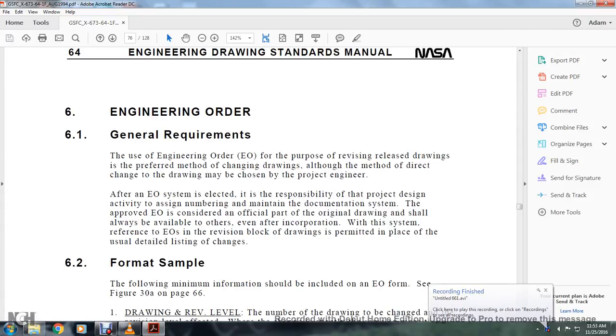Alright, Engineering Order, Chapter 6, Engineering Drawing Standard Manual, NASA. 6, Engineering Order. 6.1, General Requirement. The use of the Engineering Order for the purpose of provision, release of the drawings is the preferred method of the change of the drawing, although the method of directed change of the drawing may be chosen by the project